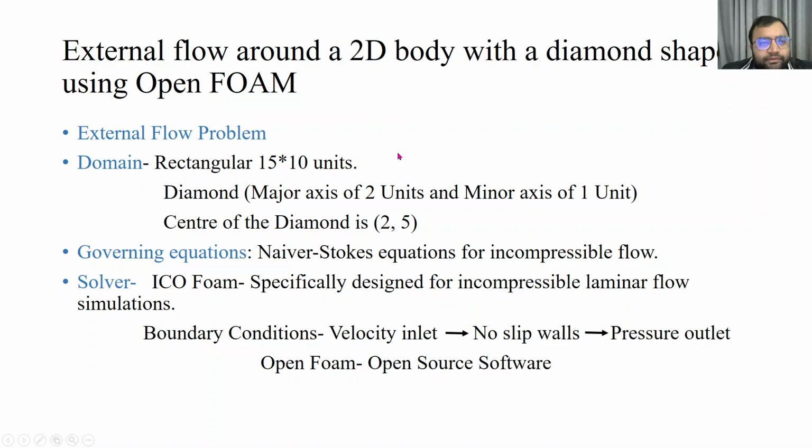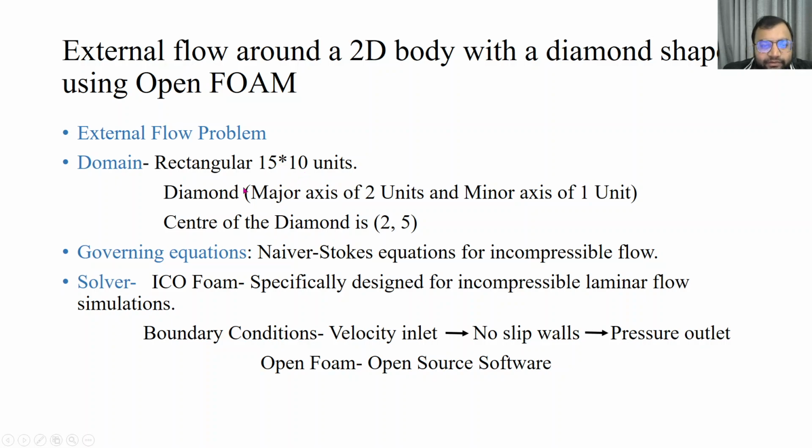Now in this slide the domain is defined for external flow and a 2D body with a diamond shape using OpenFOAM source. So now this slide describes what we will be demonstrating for the diamond shaped body. So this is an external flow problem. The domain is rectangular, 15 units in x direction and 10 units